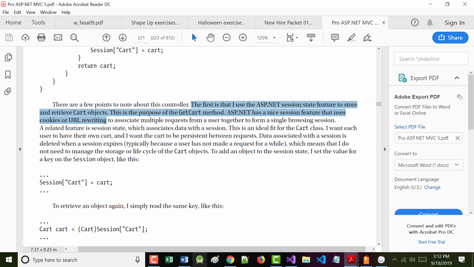So in MVC, you still can, you still do at times, but it's not that you necessarily have to. All right. It says this is the purpose of the GetCart method. ASP.NET has a session feature that uses cookies or URL rewriting to associate multiple requests from a user to form a single browsing session. Isn't that what I want? I want to be able to go from page to page. All right.